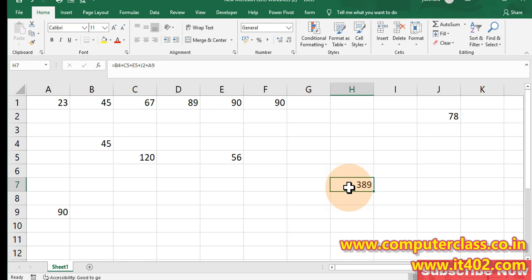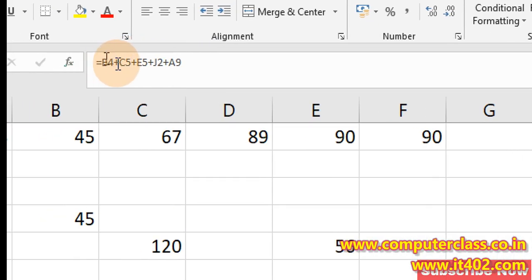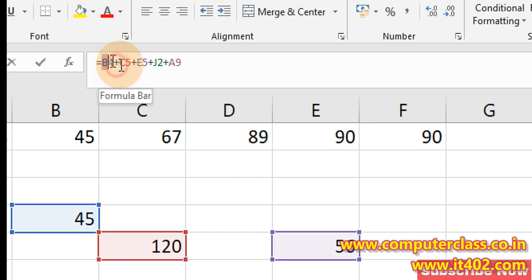It gives the result 389. That means we can easily understand where 389 is coming from. In the formula bar we can see that this is coming from the particular cells: B4 plus C5 plus E5 plus J2 plus A9.